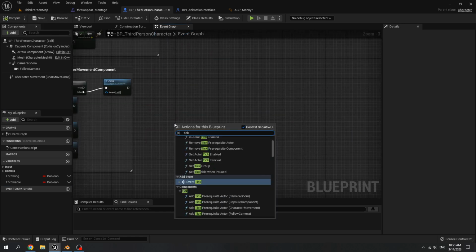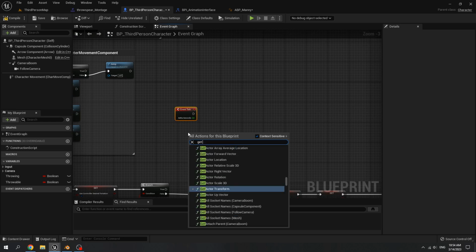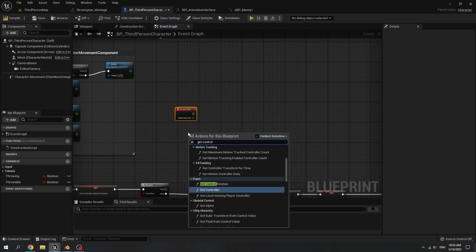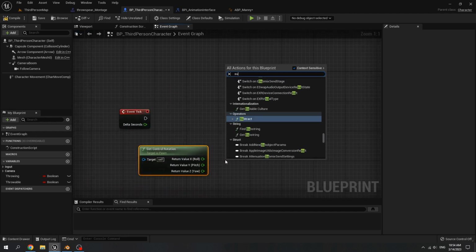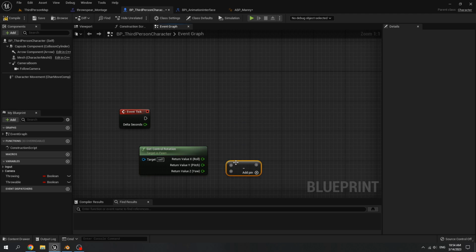Create event tick, get control rotation, split the return value, call a subtract operation. Connect pitch to the second value. Set it to 360 minus the pitch of the control rotation.